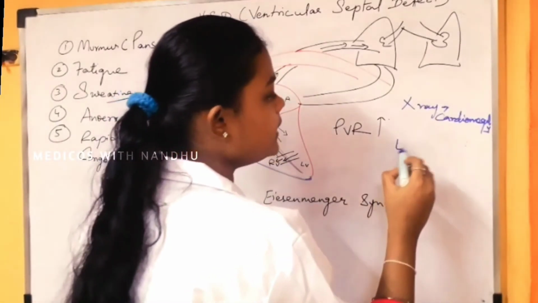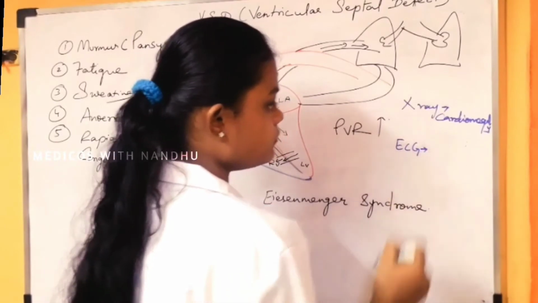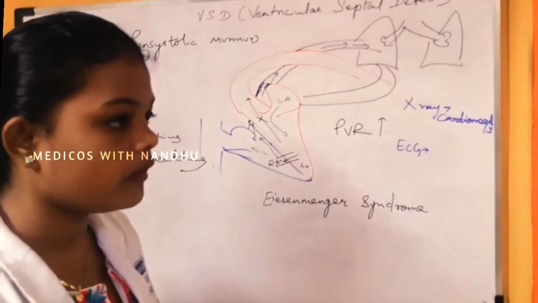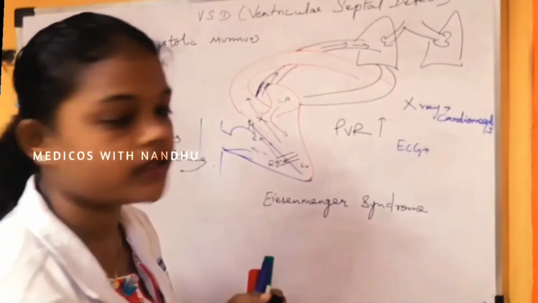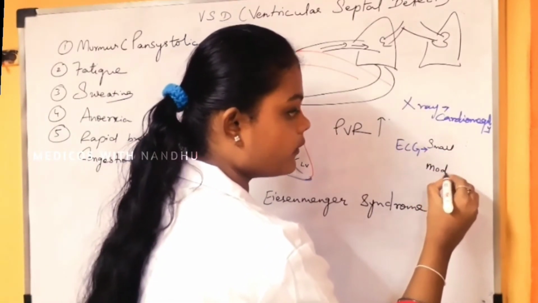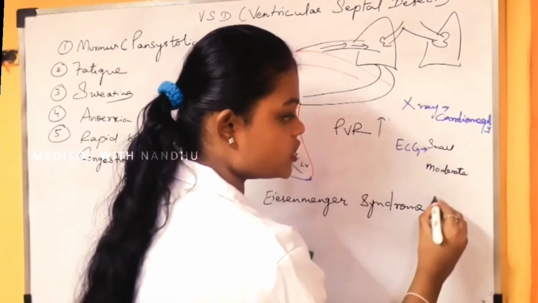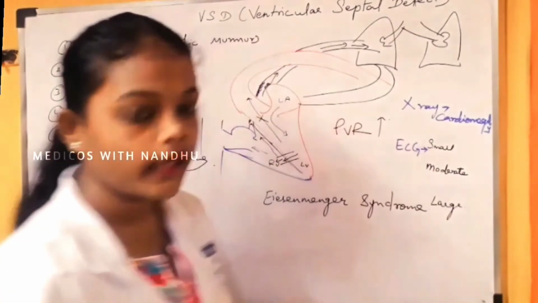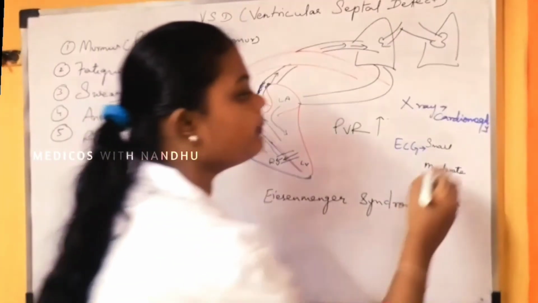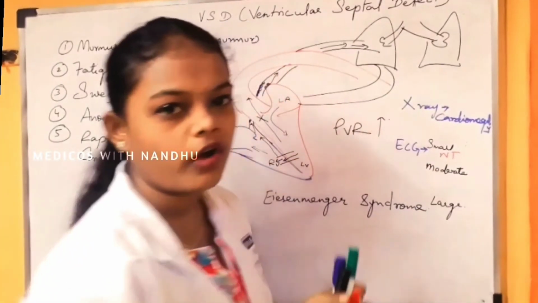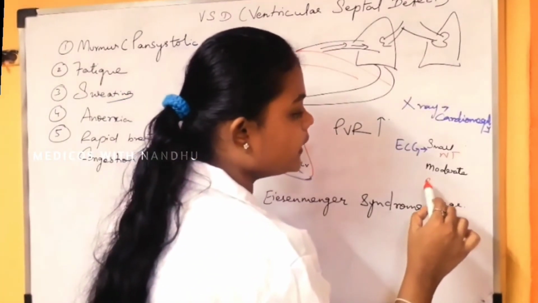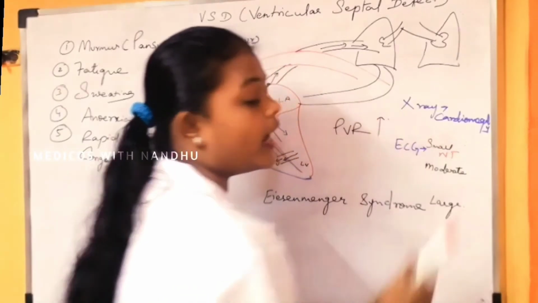Okay, in ECG, see, I just classified here according to the size of the shunt. See, small, moderate and large. Okay, so in small VSD, when we diagnose in ECG, there will be a normal tracing. Okay, normal tracing will be there. And in moderate VSD, the Q wave and R wave, T wave will be affected.